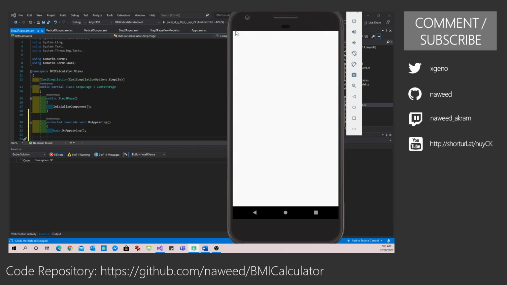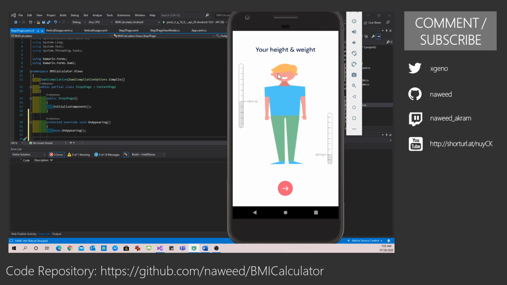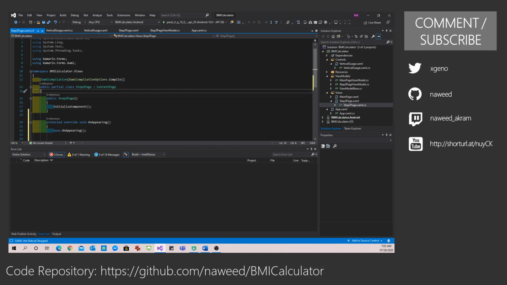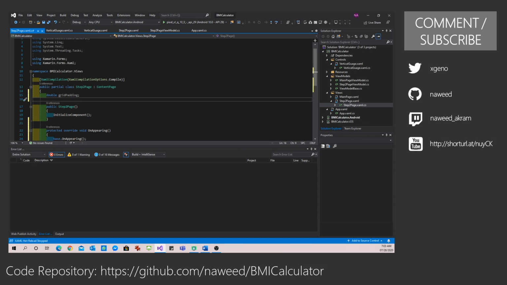this is a standard device. So over here it looks very nice, this height and weight look proportional, but if you are, let's say, on an iPhone or a Samsung S20 which has a longer height, then this whole thing will become very stretched. So to do that, what I am doing is I will just set the maximum height to 400, just for the purpose of this demo. Of course, that is something we can do an actual calculation on, depending on the width of the device and the height we can come up with. So I'm just adding a grid padding.